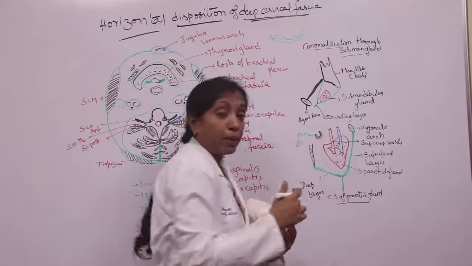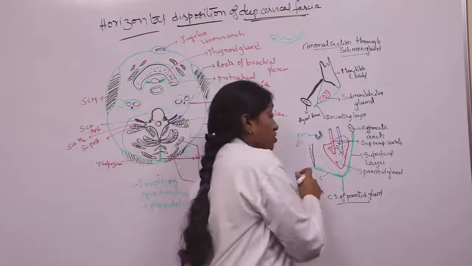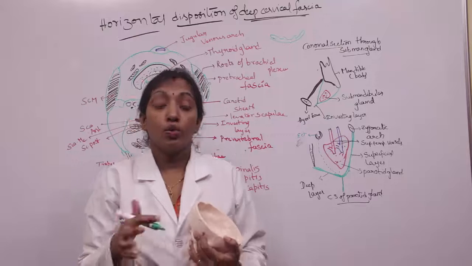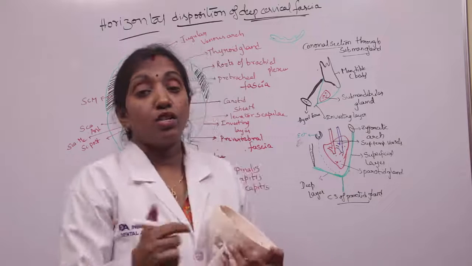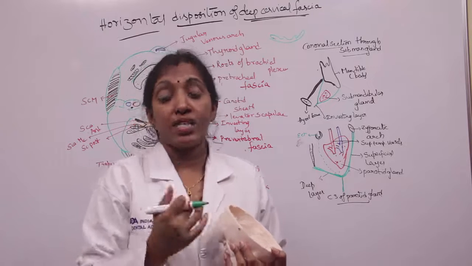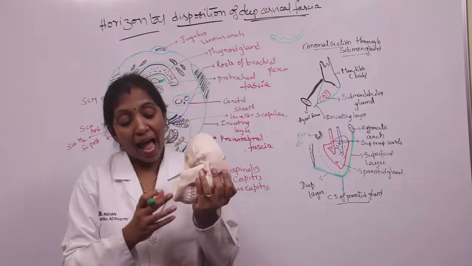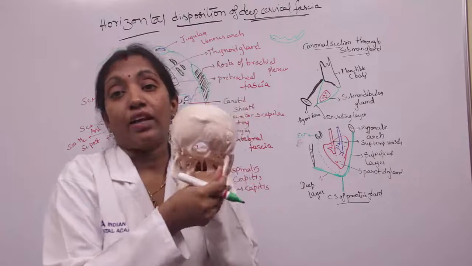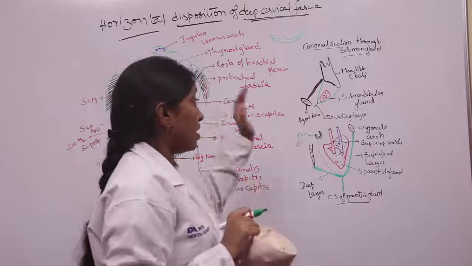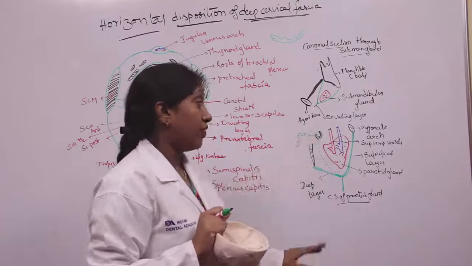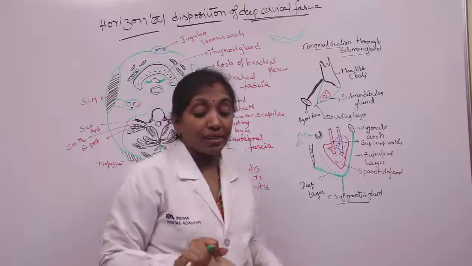Here it is attached to the tympanic plate and also attached to the styloid process, where it is thickened to form the stylomandibular ligament. So the stylomandibular ligament extends from the tip of the styloid process to the angle of the mandible. So this is the angle of the mandible. That is the vertical extent of the investing layer of deep cervical fascia above,